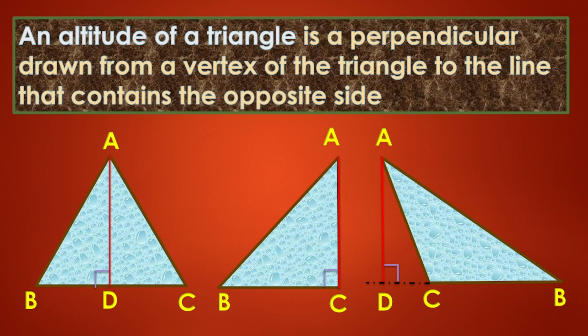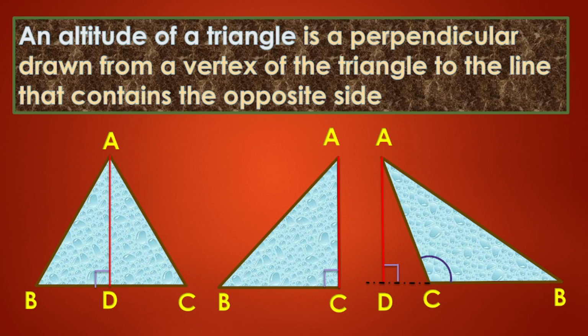Notice the three different triangles. The first triangle, ABC, is an acute triangle, and therefore the altitude, this red line, lies inside the triangle itself. The second triangle, also labeled ABC, is a right-angled triangle. In this case, the altitude coincides with one of the legs, that is, with one of the sides of the triangle. The third figure is a triangle ABC that is obtuse. I want to highlight its obtuse angle. Here it is. This angle is greater than 90 degrees, so the altitude, AD, is drawn to the extension of